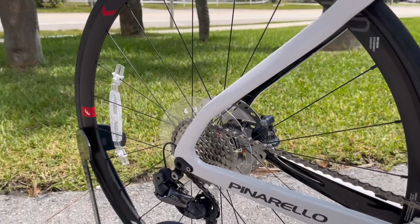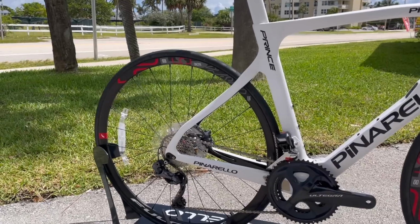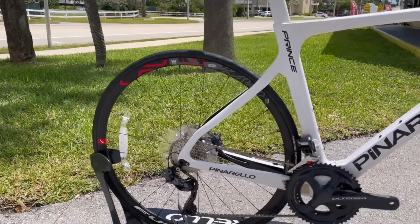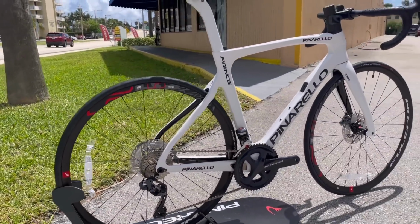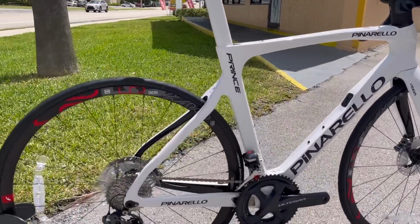The wheels in the back are going to be the Fulcrum Racing 5, just like the front. Again, a little bit of a cheaper wheel, but it still has the option to go tubeless. You can change out these wheel sets on this bike and it'll be a really nice bike. I mean, 18 pounds, 2 ounces, it's pretty similar to every single bike on the market in terms of weight with the disc brakes, but you put a different wheel set on here, it's going to be a badass